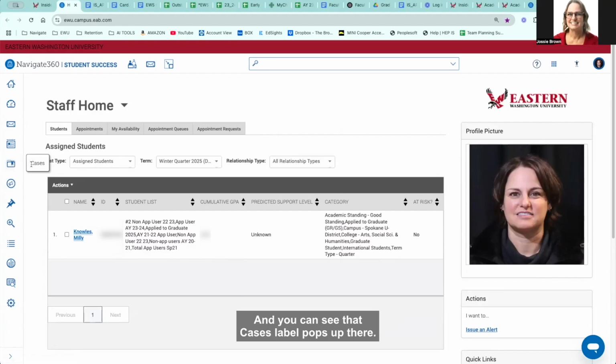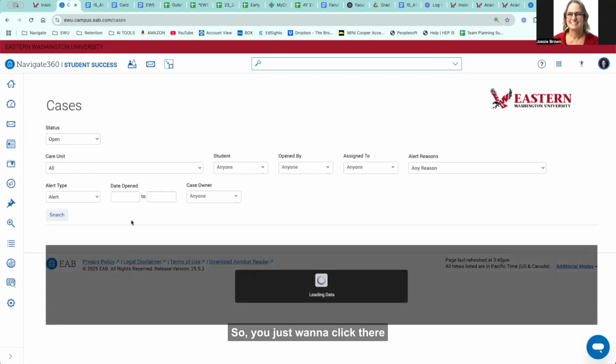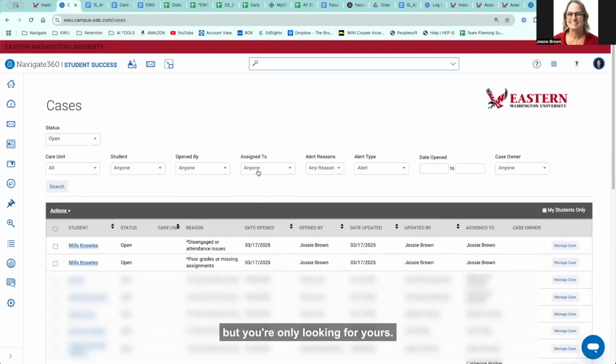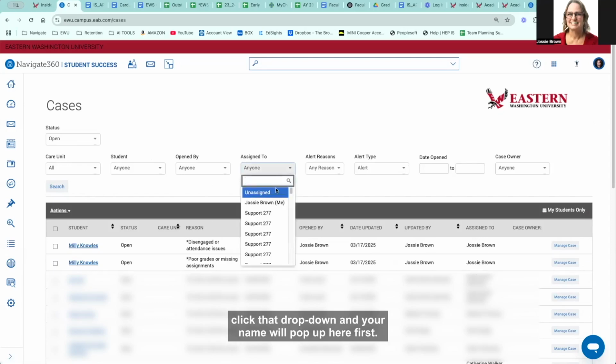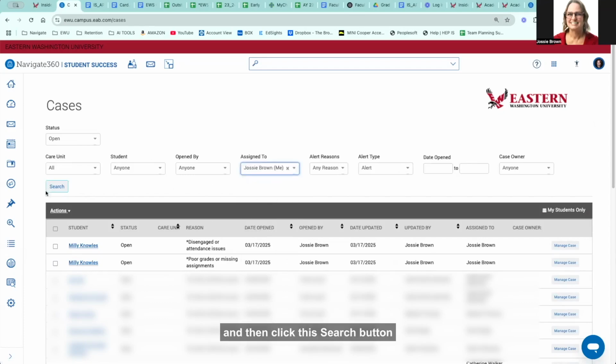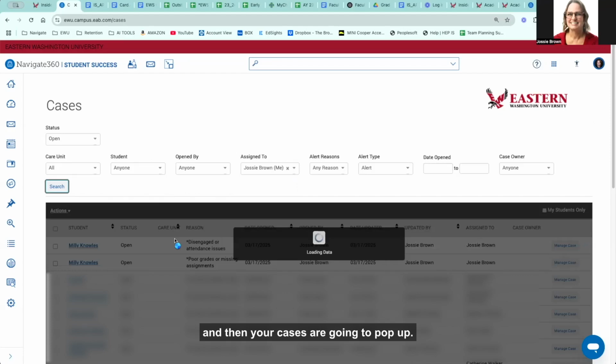And you can see that cases label pops up there. So you just want to click there. And this takes us right into the cases tab. Now there's probably going to be other cases open, but you're only looking for yours. So you're looking for this assigned to field here. Click that drop down and your name will pop up here first. So you want to click on your name and then click this search button, and then your cases are going